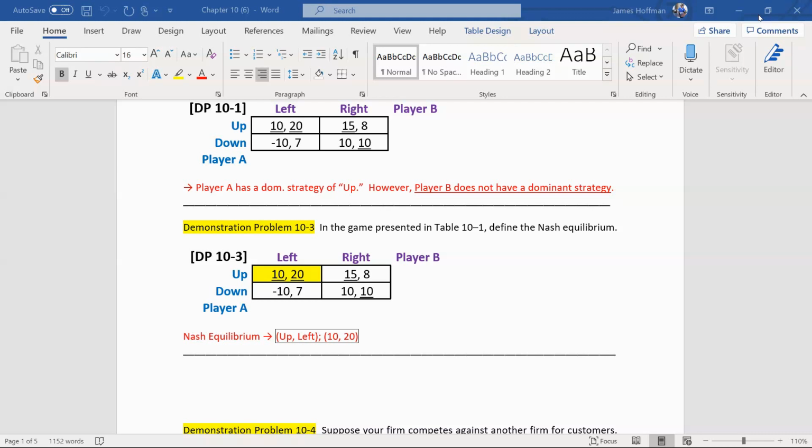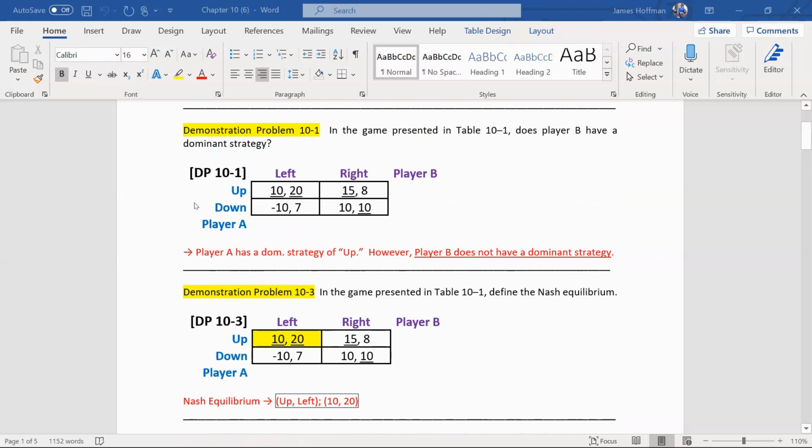So here we did, okay, we went through this. When player A goes up, player B goes left. When player A goes down, player B goes right, and vice versa. So I underlined the outcome of what each player would choose. And if you look at this,